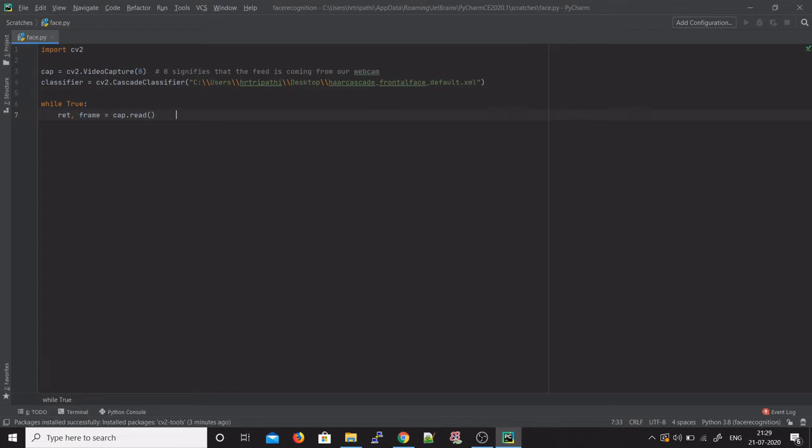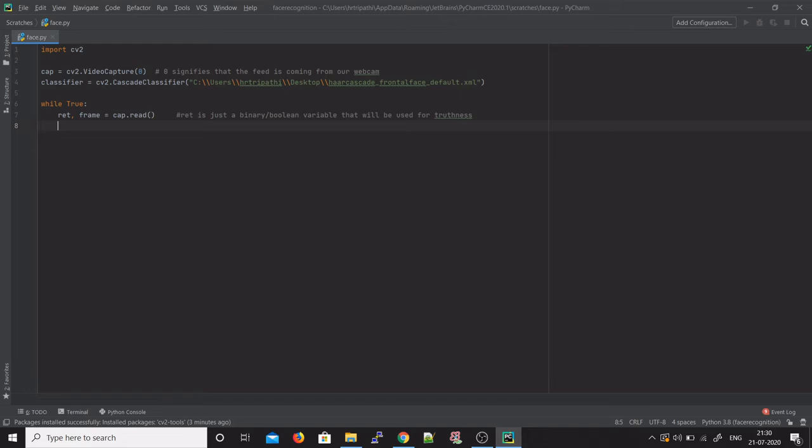Frame here is just one specific instant, or a snapshot, of your video feed that you're dealing with. And ret is just a binary or boolean variable that will be used for truthiness.